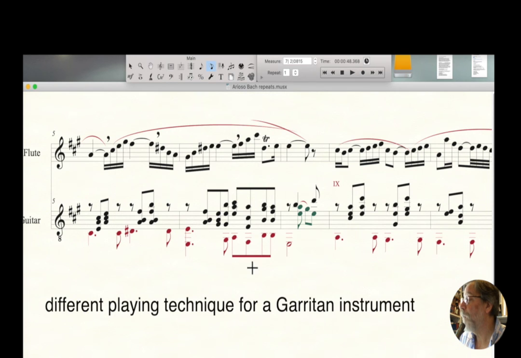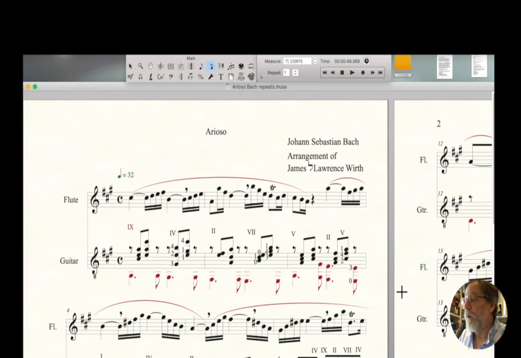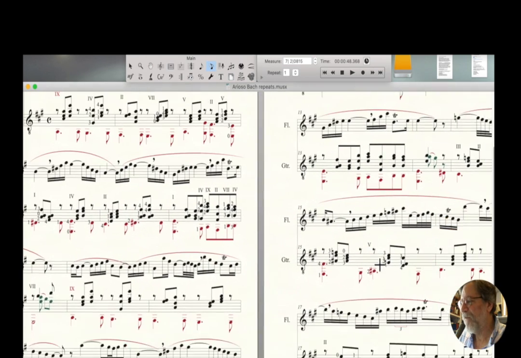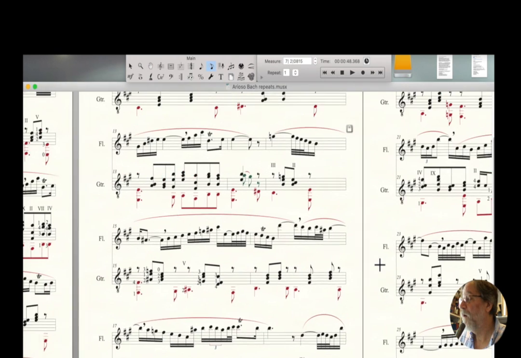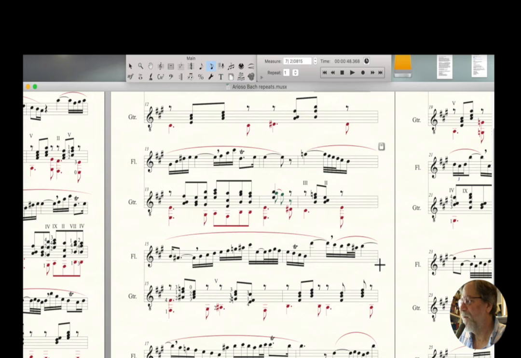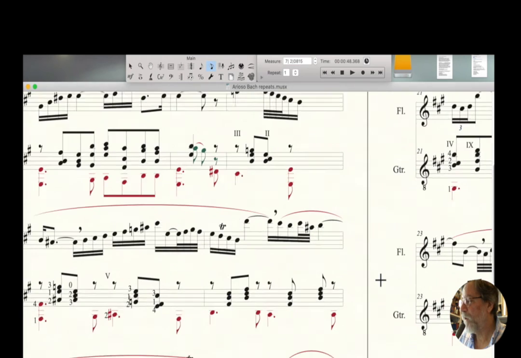Go back. Now I'm going to press Command E, which returns me to score view. And you can resize it. Now I want to talk about the difficulty that I'm having putting in positions and fingerings. But first, let's talk about how you enter guitar music